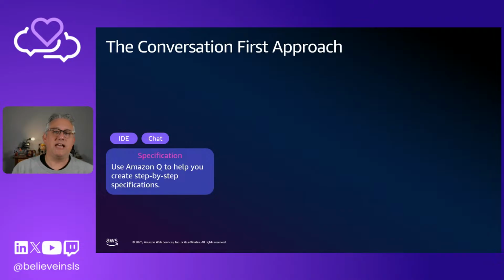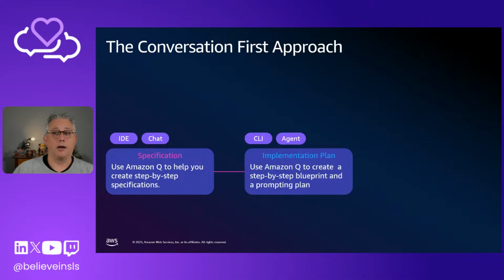So you have a conversation. This is all about having a conversation, like you would with a person. You talk to a person to refine the spec and define what you want to build. You can do that with AI assistants as well, either with Amazon Q in the IDE or chatting with Q CLI. Both of those mechanisms work.